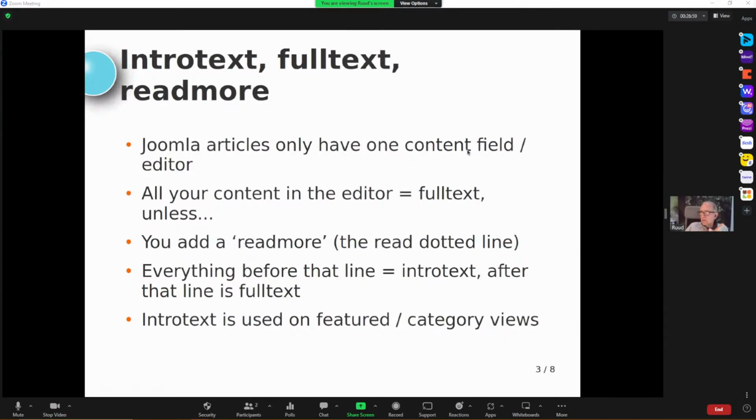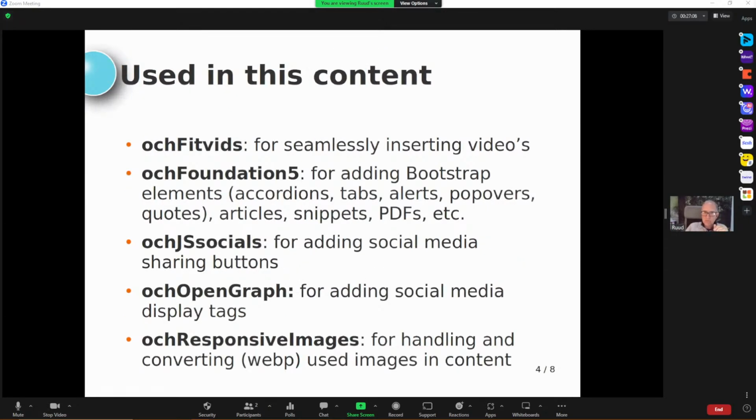Okay, so I'll be starting to create the article in a minute, but I'll be using some of my own tools because that's for me way easier. We're going to do a YouTube video in there with the video content. For that I use OCH VidFits. And we'll be adding some styling with OCH Foundation, social media buttons we can put in there with OCH Socials,